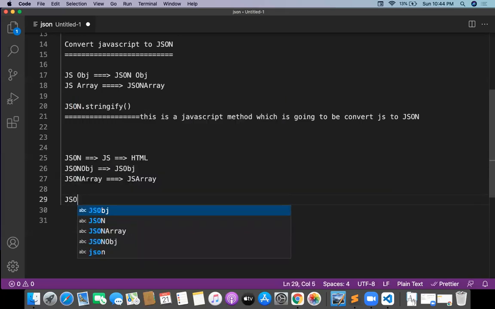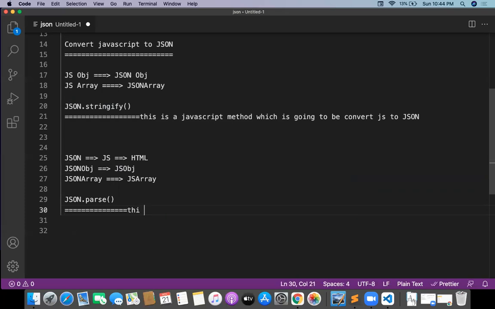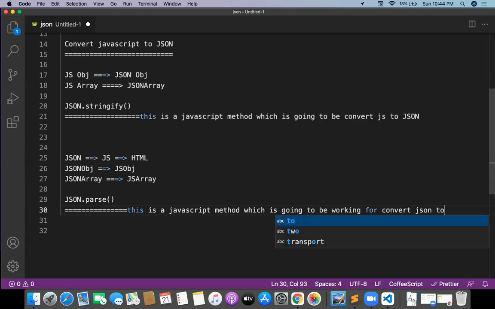For this, we need to work with a method called JSON.parse. This is a JavaScript method which works to convert JSON to JS.